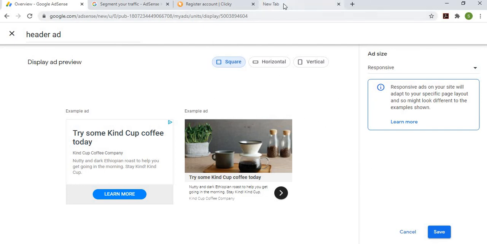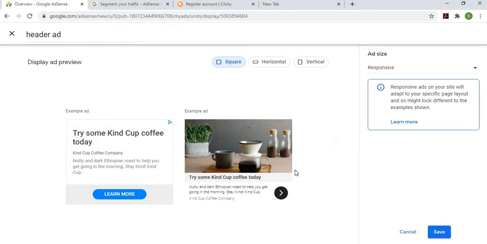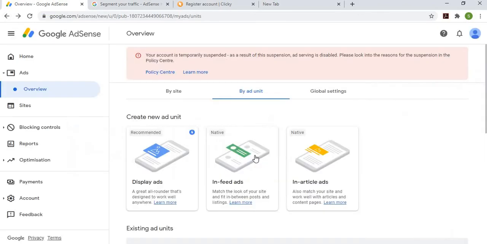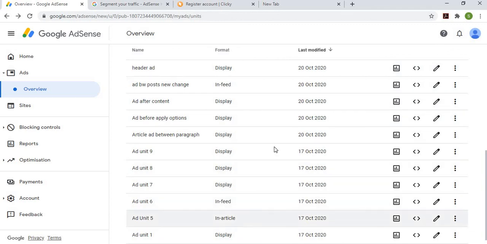Also, friends, you need to check whatever ads you are displaying on your website. For this, come to the Google AdSense ad unit section and see the names of the ad units that are displaying on your site.